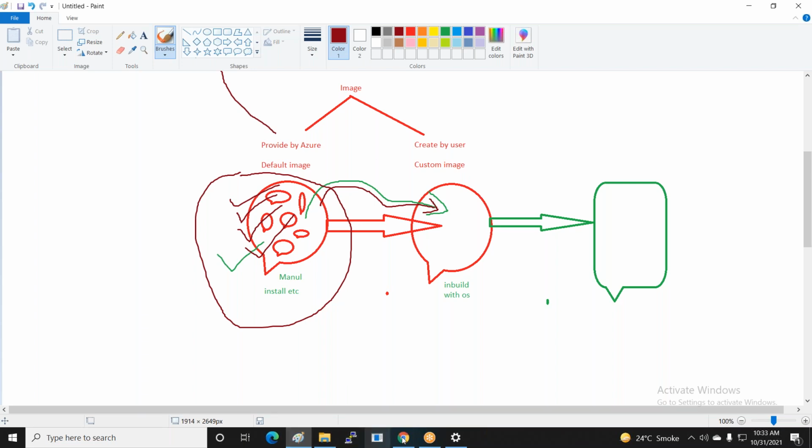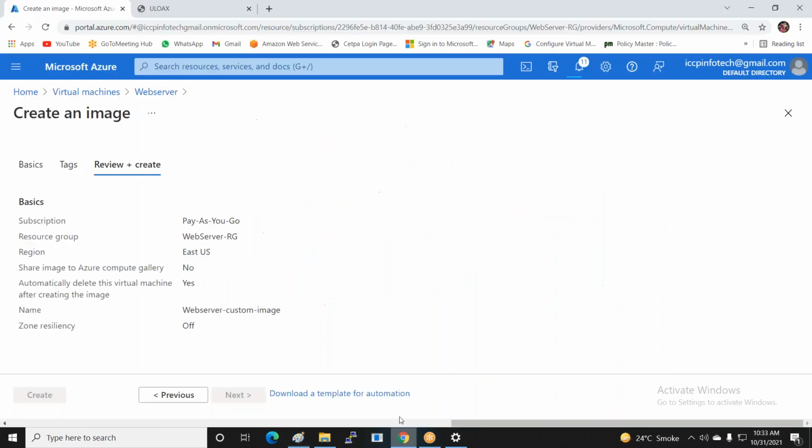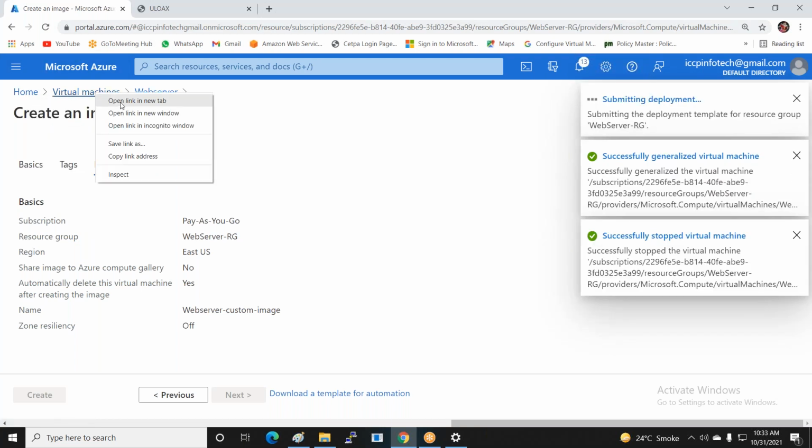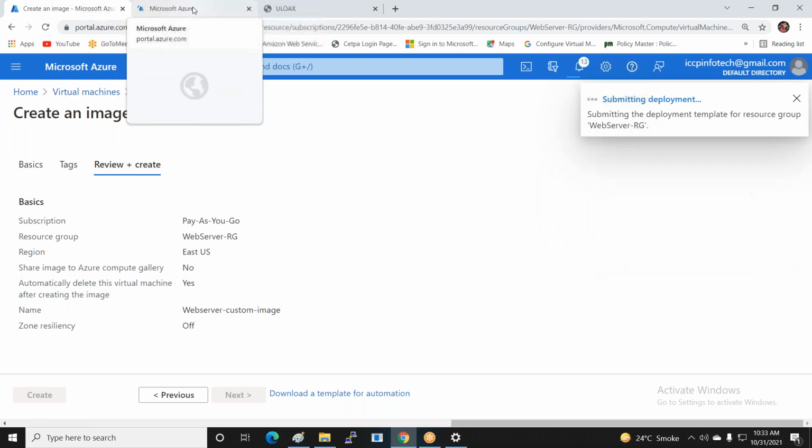But first, one more thing: before deleting, you can see the server information.